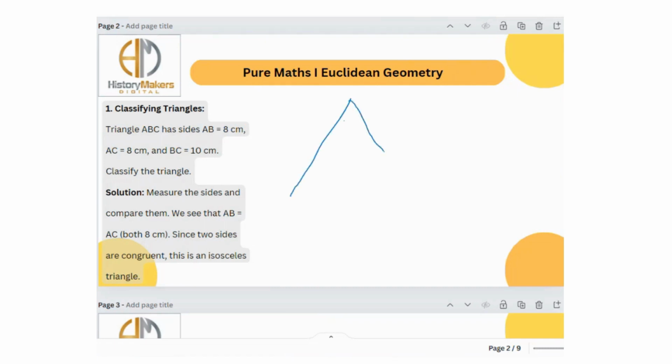Never mind my not so very straight lines. Okay, and then it says BC. To make this a BC, and then you have your AB and your AC being 8 centimeters each and 10 centimeters. Okay, then it says therefore